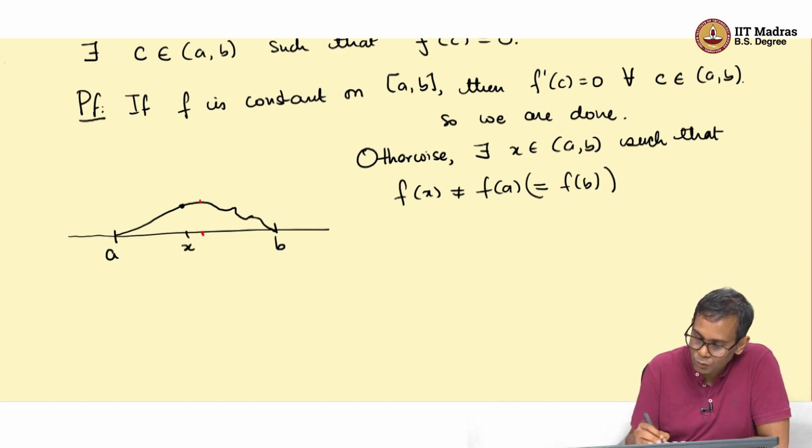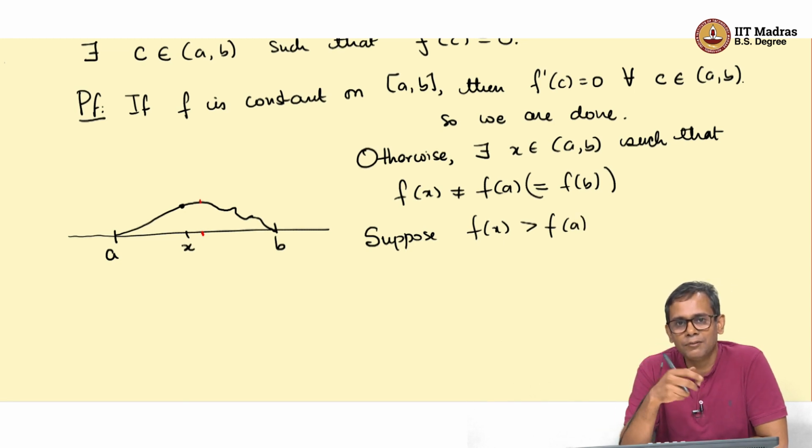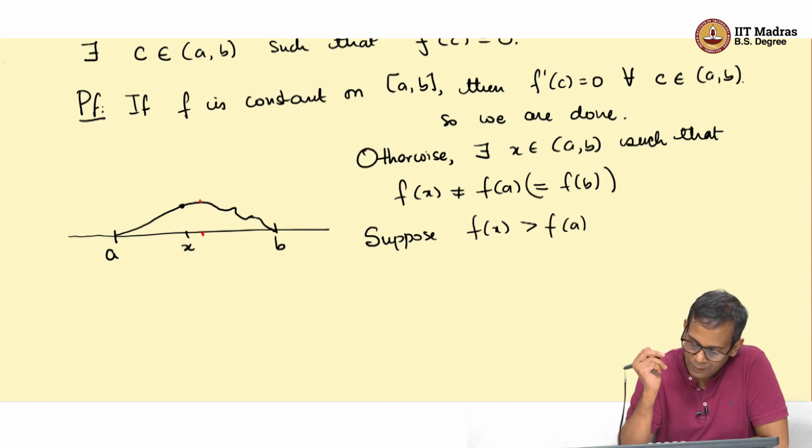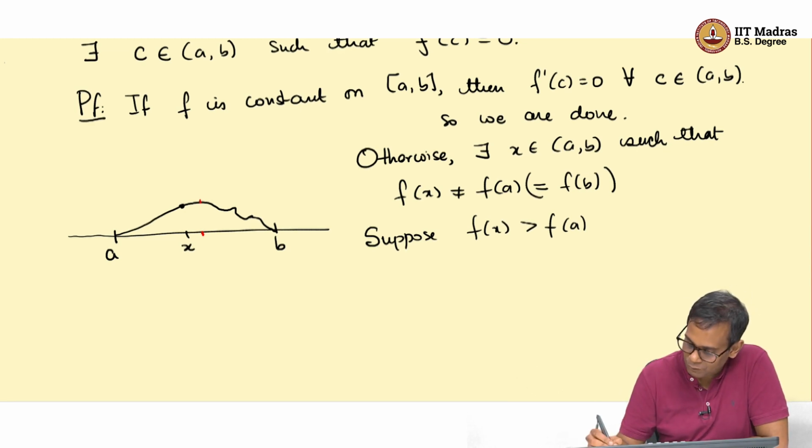So, there are two possibilities, either f(x) is greater than f(a). Let us consider this case first. If f(x) is less than f(a), you can argue in a similar manner, or as before what you can do is you can replace f by minus f and work with that. So, let us assume that f(x) is greater than f(a). Then,